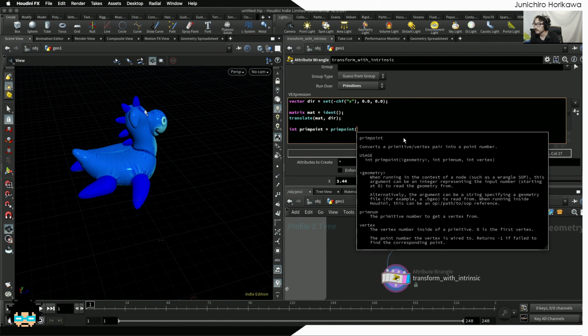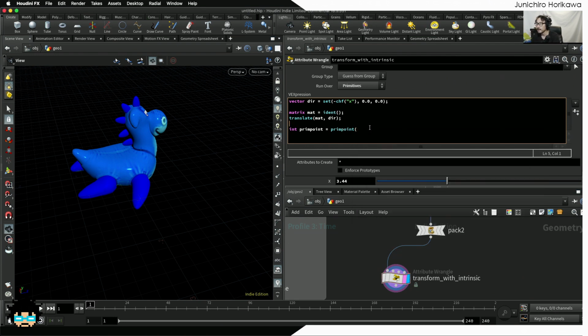And you need to input 3 parameters to retrieve the point number from the primitive. First one is the input number, second is the primitive number, and the third one is the vertex number. Since we only have 1 point, the third one will be 0. So 0, prim num, 0. Now that we have a point number, we can get the point position, accessing a